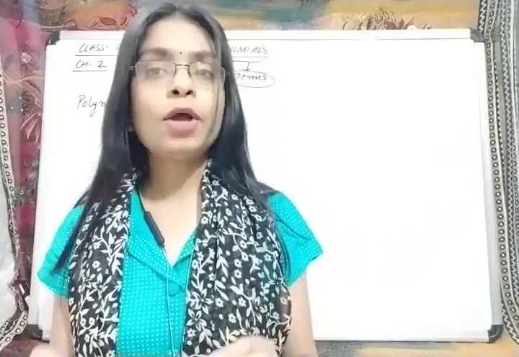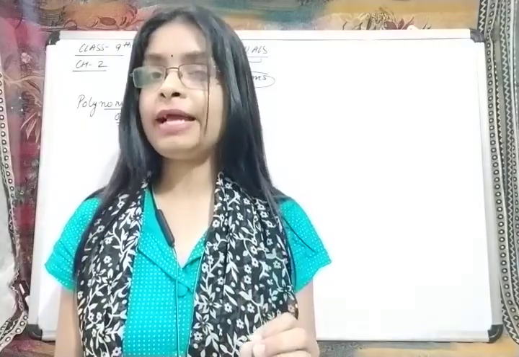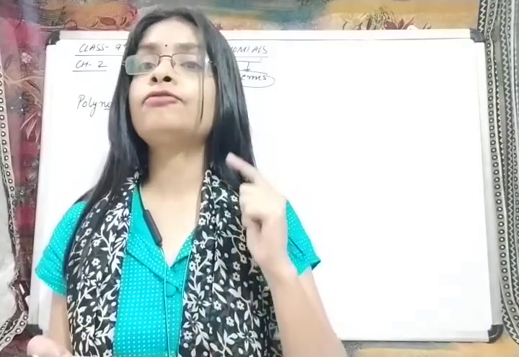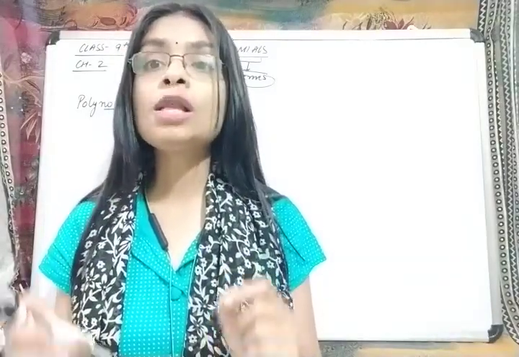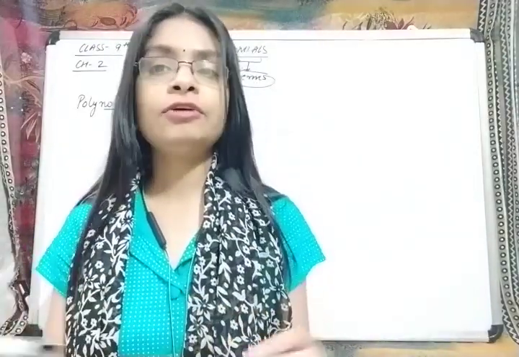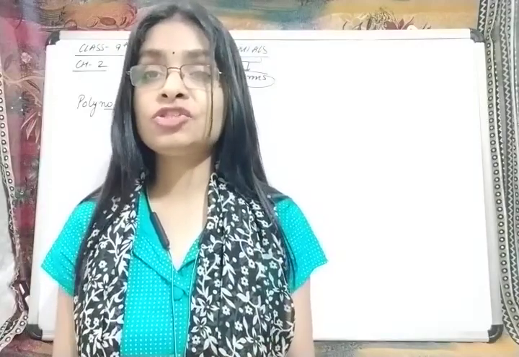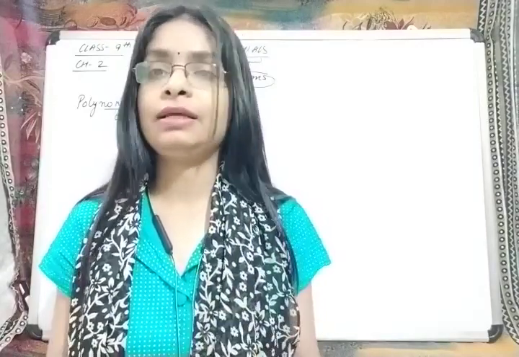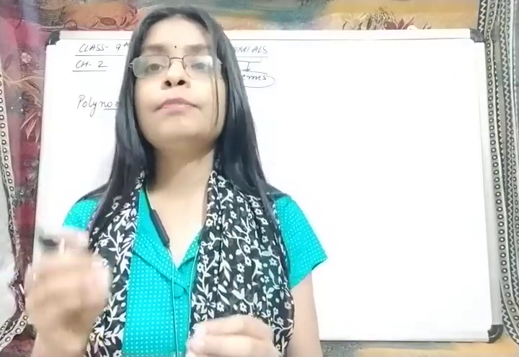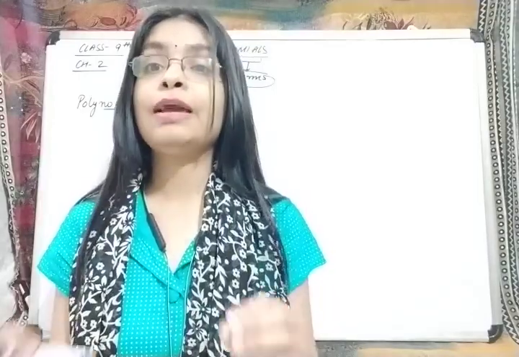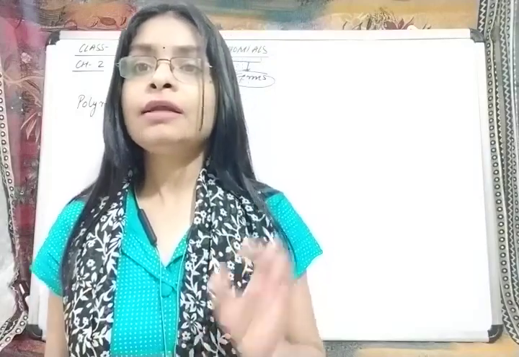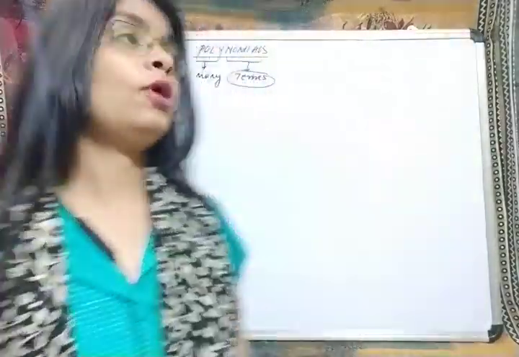So what is a polynomial in one variable? It is an algebraic expression with one variable with a condition that the power of the variable is a whole number. Whole numbers means 0, 1, 2, 3 and so on infinitely. But it can never be negative, fraction, rational, root, decimal, irrational, nothing. The power of the variable like the x, y, z which is coming in the expression will always be a whole number: 0, 1, 2, 3. Now I am going to write the general form of the polynomial.